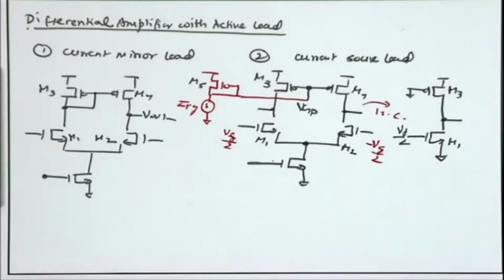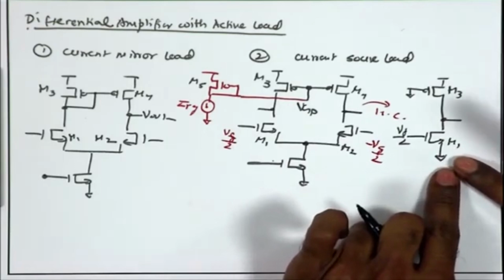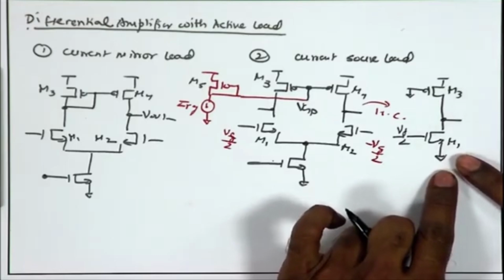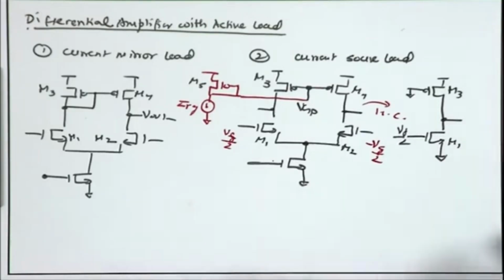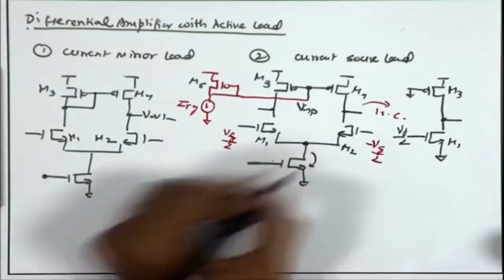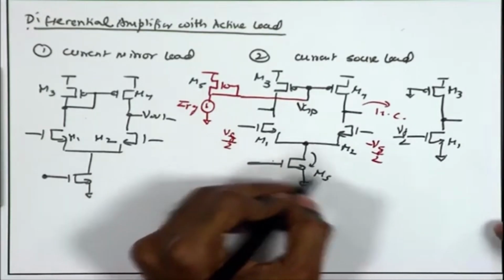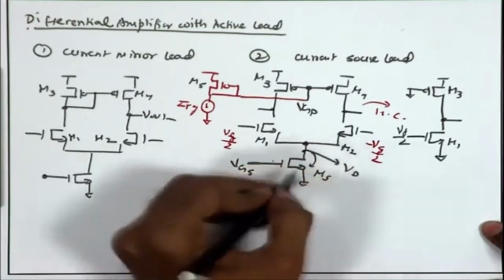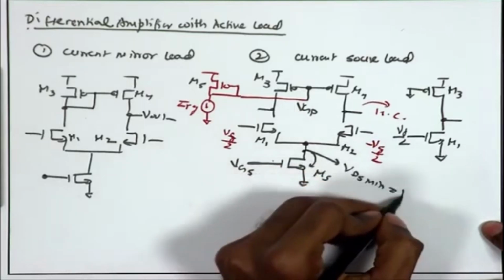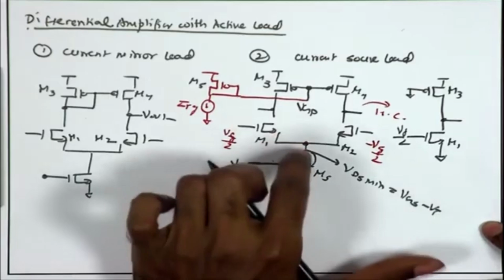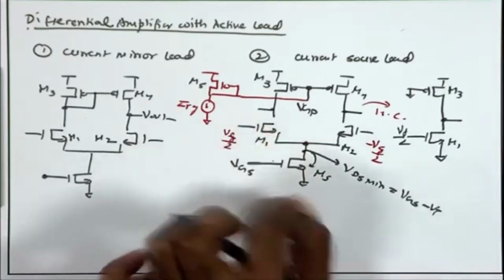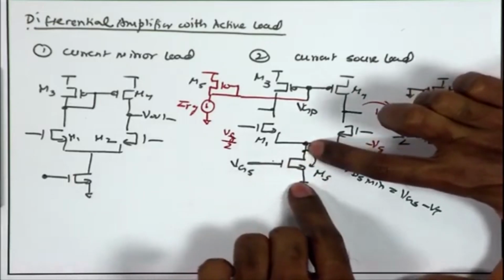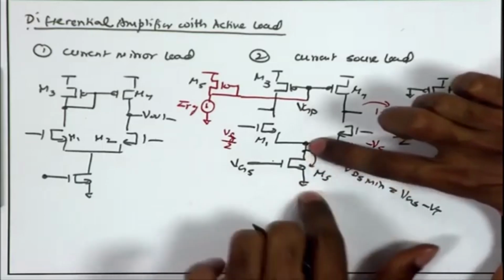So, this is the half circuit, and therefore the DC analysis, small signal analysis, frequency response, noise analysis, everything remains the same. The only thing we have to remember is the signal swing is going to have another factor of VDS5, because depending upon VG5, we need a minimum voltage here, VD5 min equal to VG5 minus VT, and then on top of that we have this transistor. That is the only difference, which we just discussed in the case of the resistive load also. So, we have some voltage headroom consumed by M5. We say this M5 current source is consuming some minimum voltage headroom,